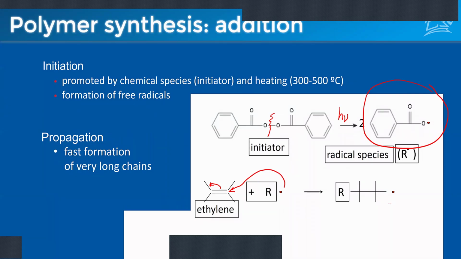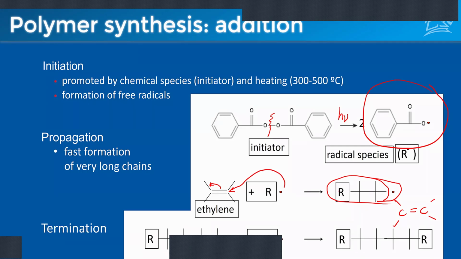So this molecule can now, with its electron, go and find another ethylene monomer to attack. When it does that, it's going to add to its chain length, and it's still going to have this extra electron. So this propagation step happens many, many times. If it happens 1,000 times, we can say the degree of polymerization, the DP, is 1,000. So this step happens many, many times, forming a very long polymer chain